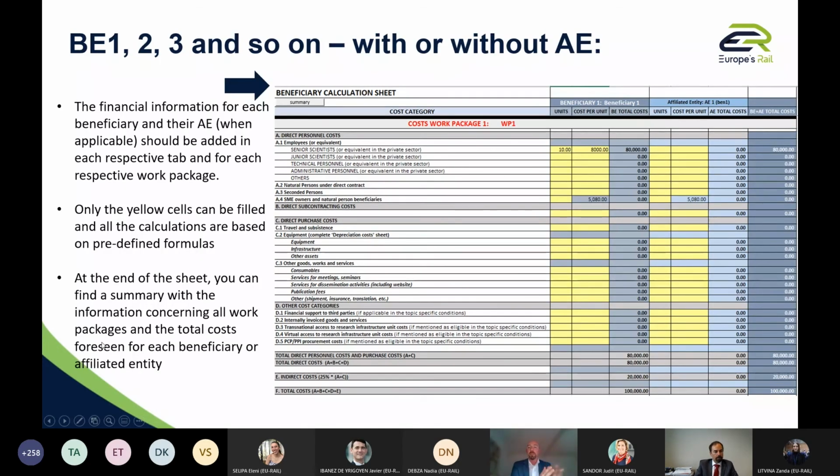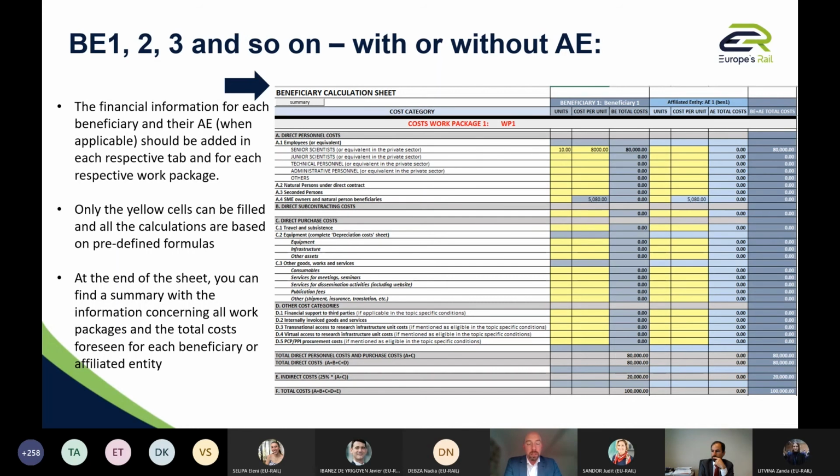Okay, so once you have filled in the number of beneficiaries and affiliate entities, you have established your project with the number of work packages, and then there are different tabs, depending on the number of beneficiaries you have created, one per beneficiary and its affiliate entities with a detailed list of costs corresponding to the costs I mentioned previously that should be considered eligible under Horizon Europe. So the first part on work package is valid for work package 1. Then you would have the same part for work package 2, and so on and so forth, depending on the number of work packages you have defined.